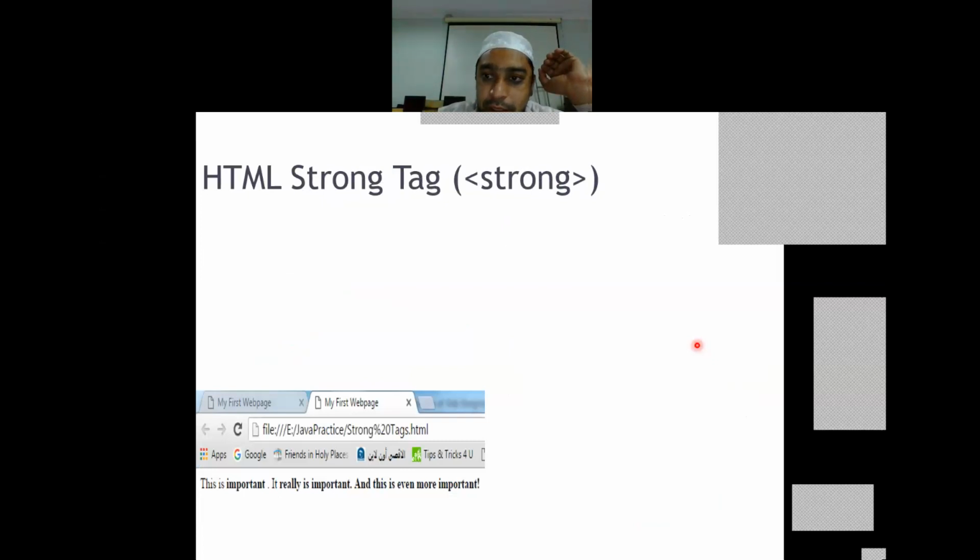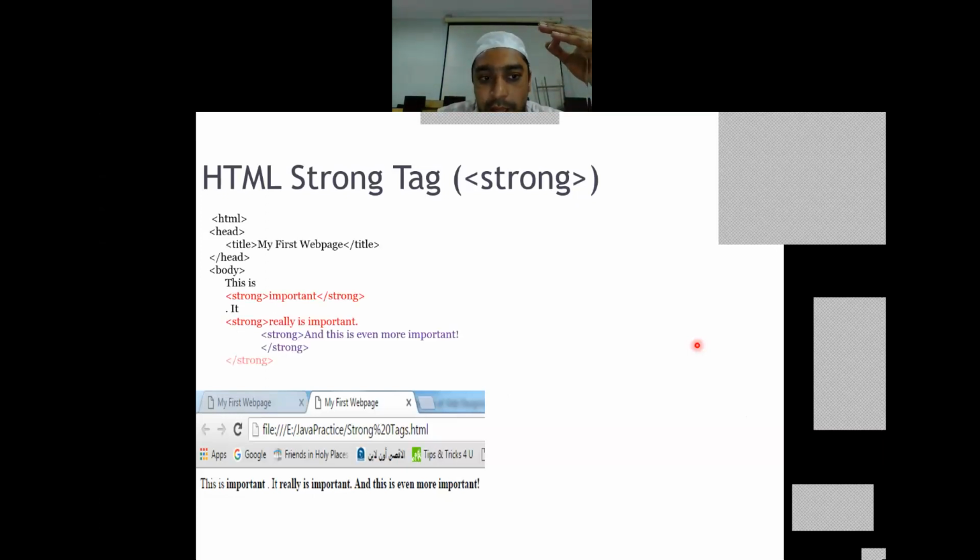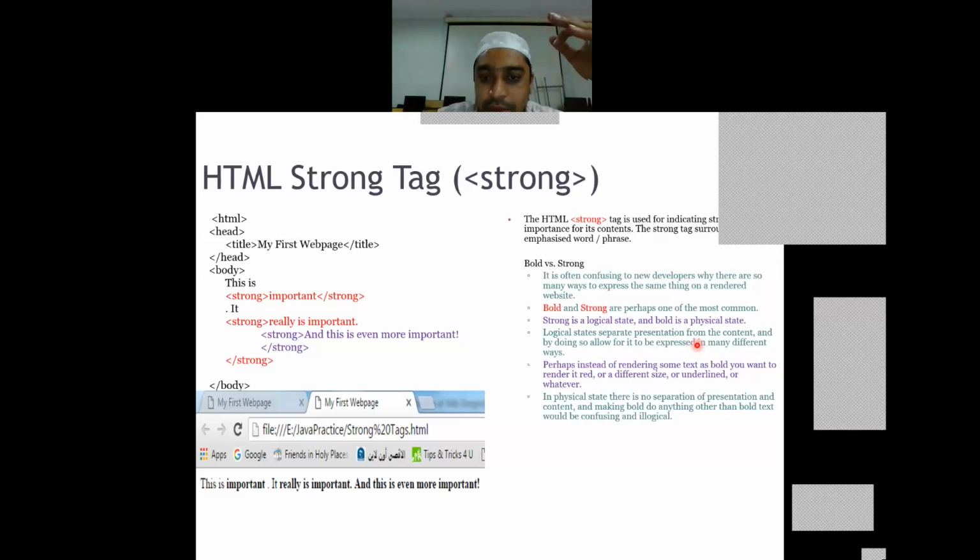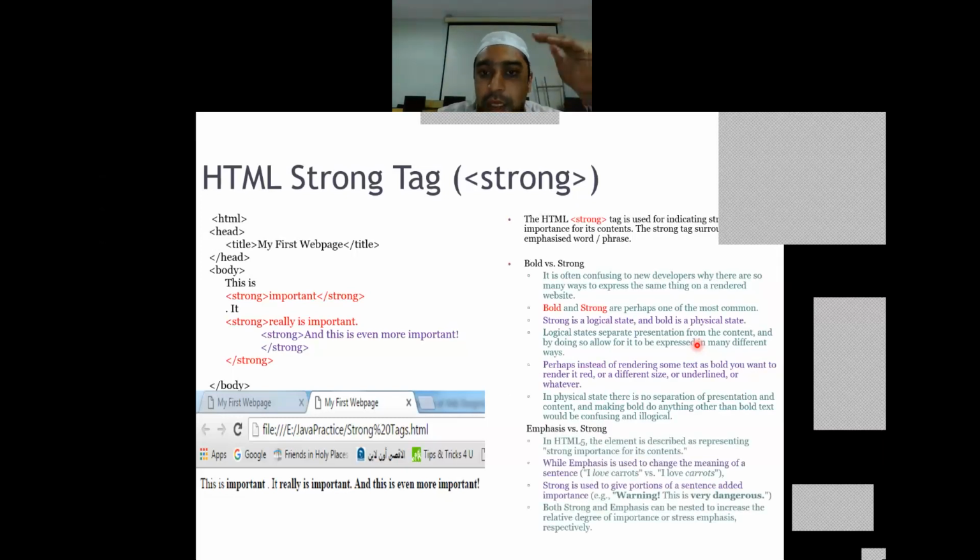Just as a recap, since many have told me that we have already done strong, we have strong, we have emphasis, we have bold. And I have clearly distinguished between strong, bold, and emphasis. If some text is to be highlighted from the normal text, then we will make it a little bold.